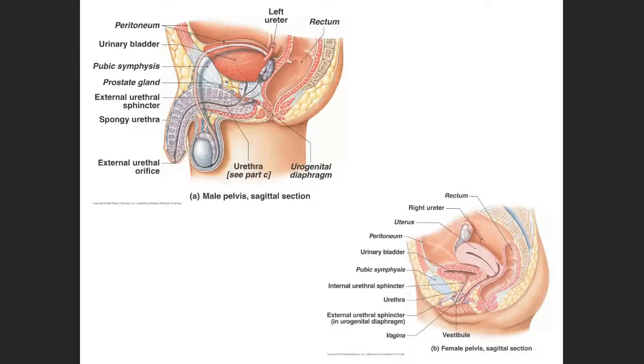In this picture, you can see the differences. What I told, in the male, it is present in front of the rectum. This is the urinary bladder and this is the rectum, in front of the urinary bladder. Now, this structure is the female. Here, this is the rectum, this is the uterus, and here the urinary bladder. The urinary bladder lies in front of the uterus in the female.